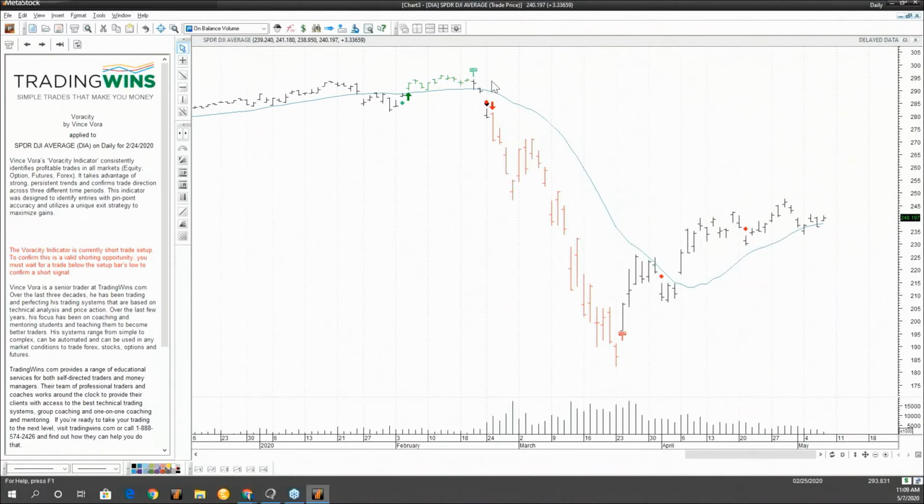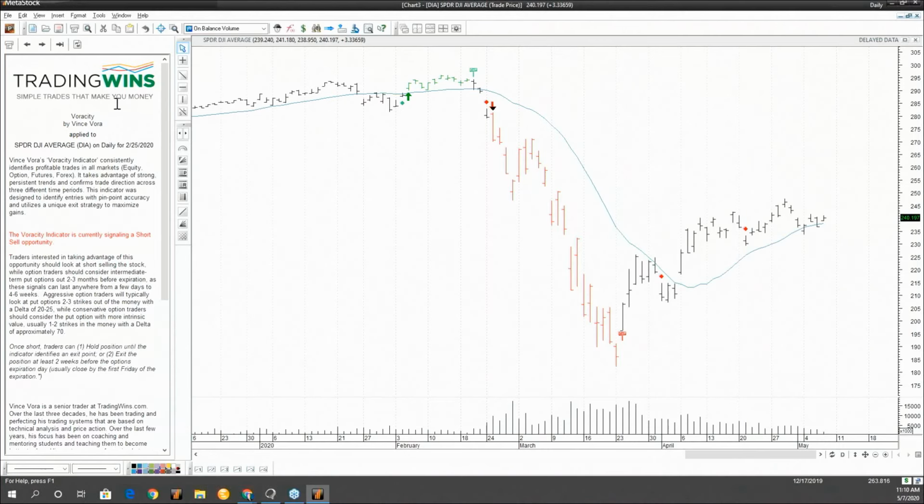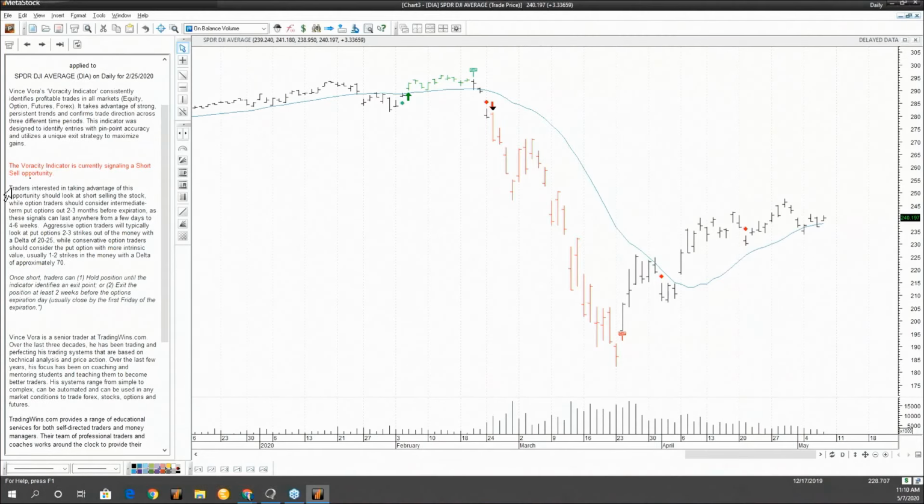What's really nice is if you trade stocks or if you trade options, he actually goes into different trading opportunities as well, be it if you're long term, if you're day trading, and so on. Once you've gotten into the trade, you can basically just follow the trend along. If you want, you can set like a 2, 4, or 5% stop, but it goes into a lot more detail right here.